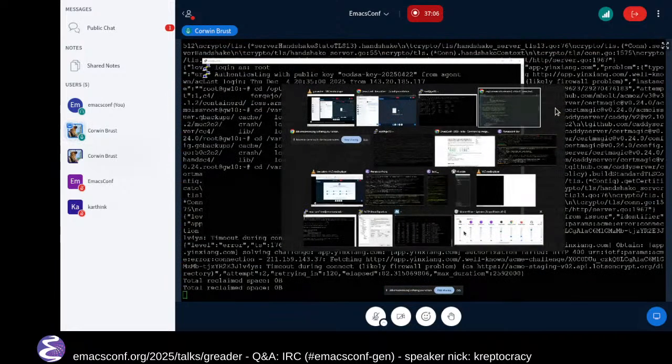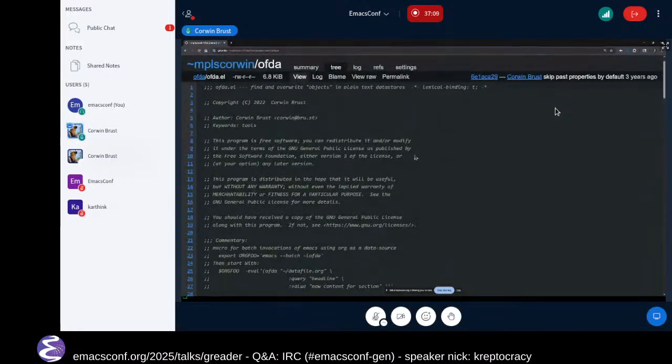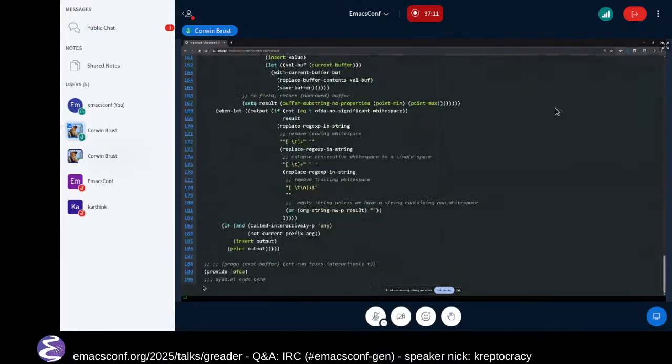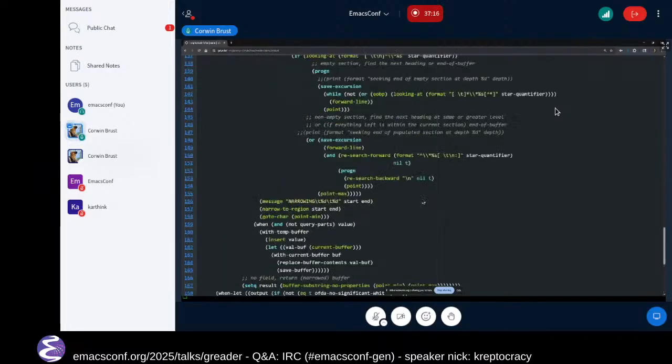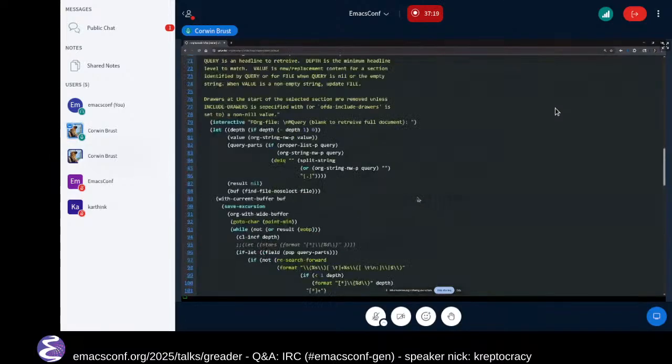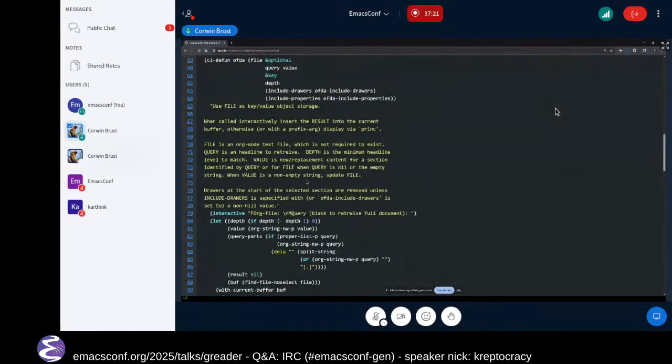So what we're looking at here is a project called UPTA. Here's the Emacs Lisp source for it. You can see it's not real impressive, even with all of its boilerplate. It's under 200 lines of code. And this is kind of a proof of concept, giving us the ability to use a .org file as a flat file database. The intention here is to get a kind of transition from SQLite, which is using a flat text file as a database, to being able to have more of a literate database